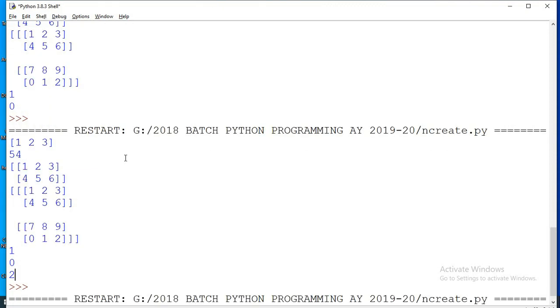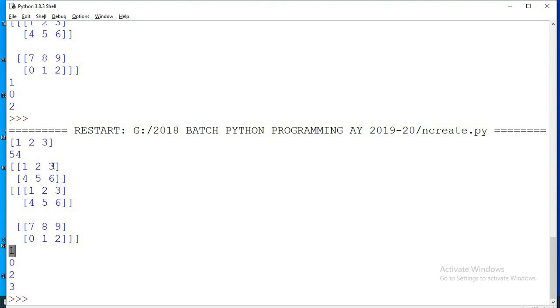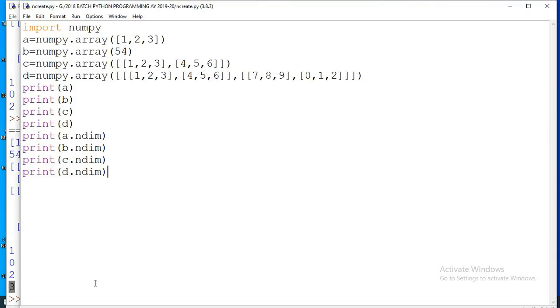If you execute this one, we will get 3 dimensions, right? So A is 1 dimension. B is 54, only a single element, that's why we call it a 0 dimension. And the third one is 2, so C is of 2 dimension, D is of 3 dimension.